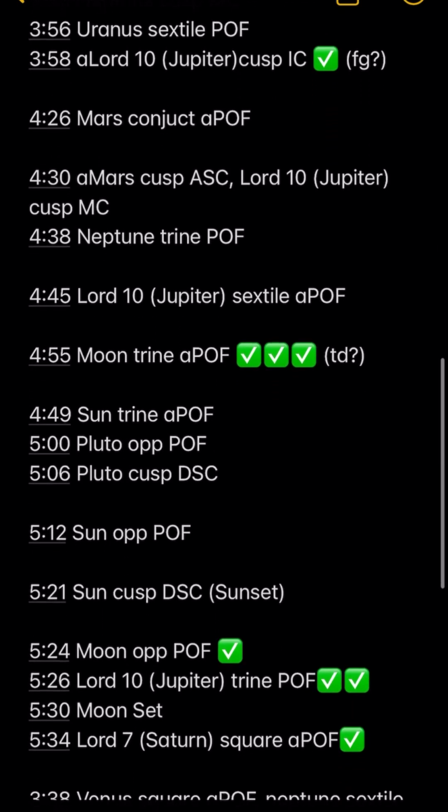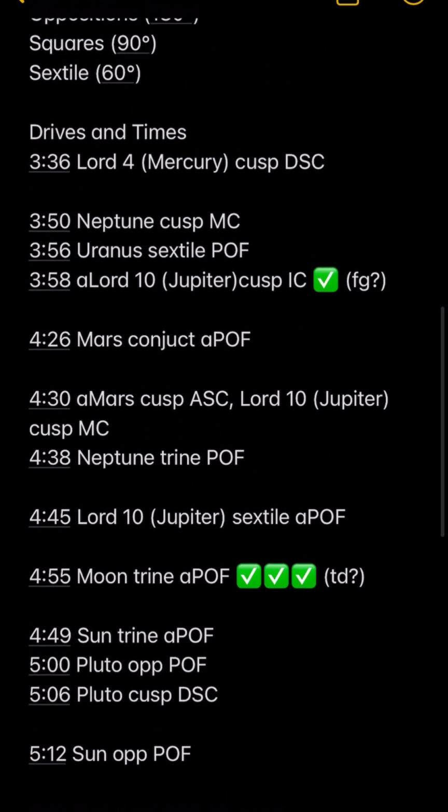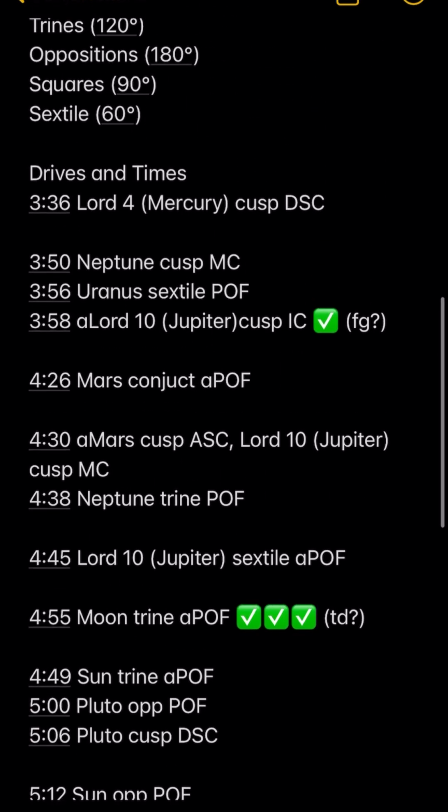I like this 3:58 time because the antisha of Lord 10, Jupiter, is cusp the IC, so that means it's sitting right on the cusp. And I put a field goal, but that doesn't mean field goal. I would just line it up for a scoring play, and just do a fun one for this because I'm not sure if it'll hit. I have a single check mark because I've seen it come through before, and I don't have the highest confidence,